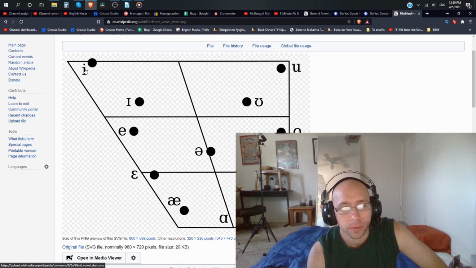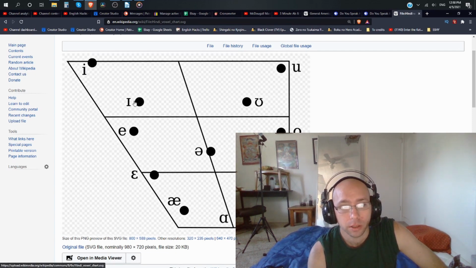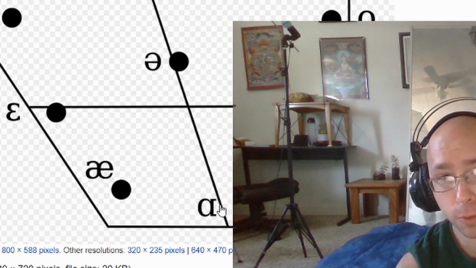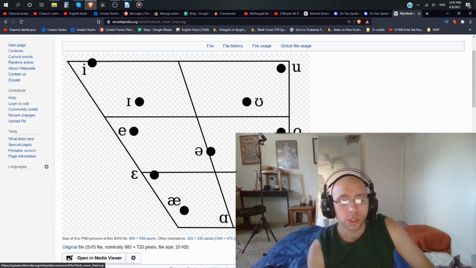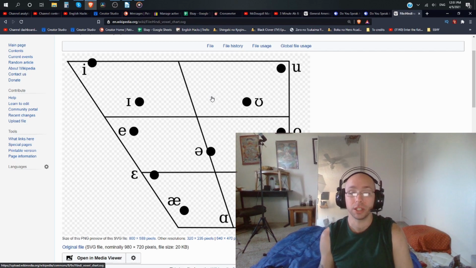So we have a lot of similarities here between Hindi and English. In fact, the symbols are almost exactly the same. The placements are very similar. The A in English is a little farther forward if it's unmerged. So I know one of the sounds I need is here. We have the schwa sound. This is almost identical to the English chart,